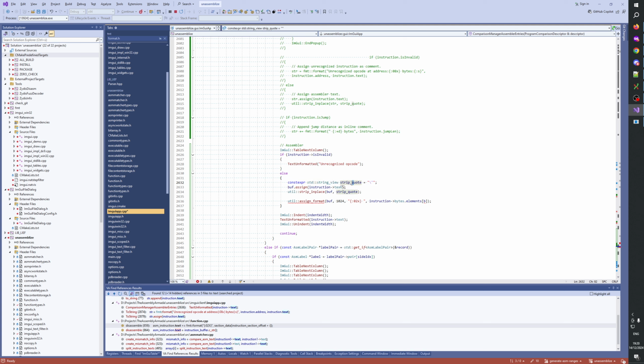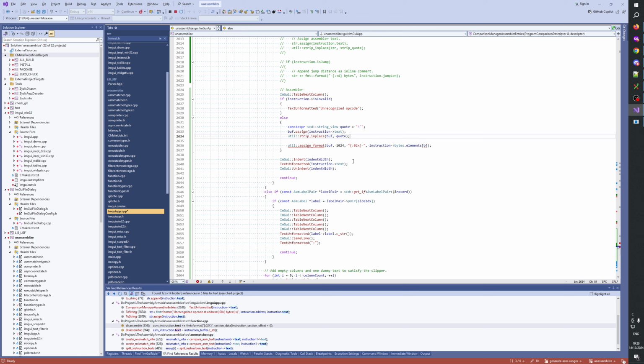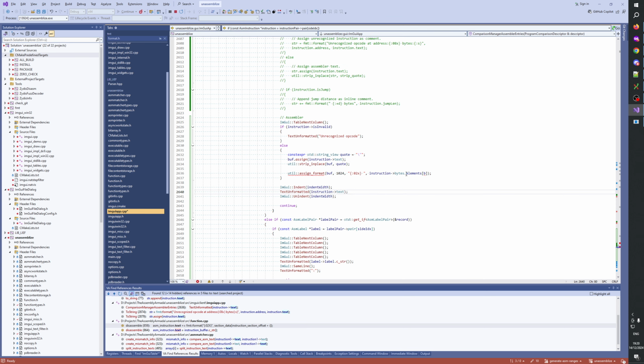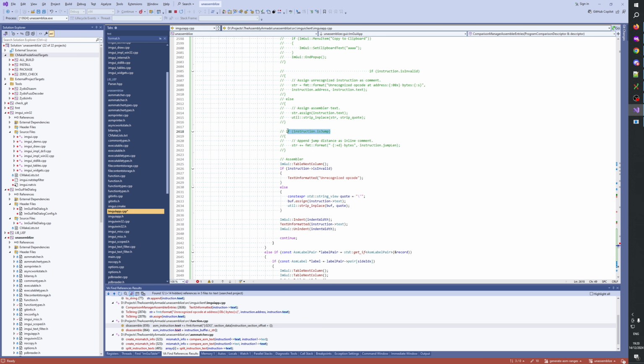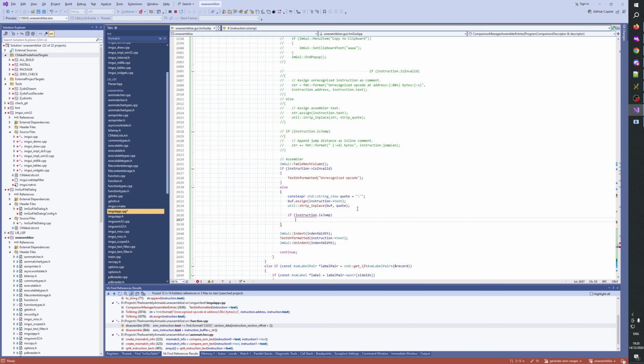Strip quote. Let's just call it quote. Okay, so at least there's no allocation here, at least as far as we are concerned. So that's good. And then we need to say if instruction is jumping, yeah, if instruction is a jump, then